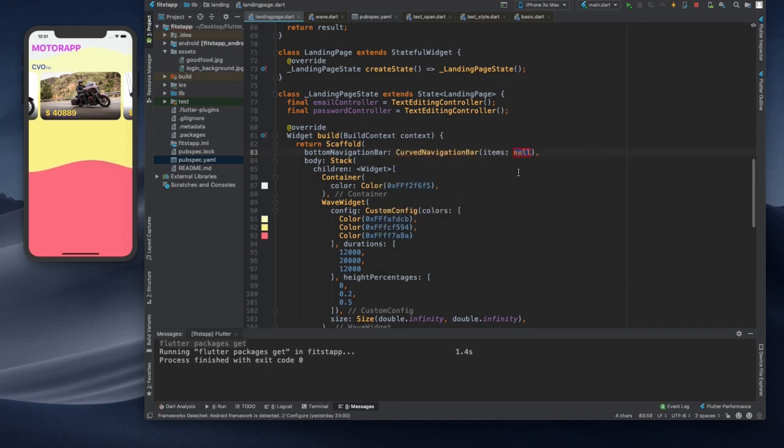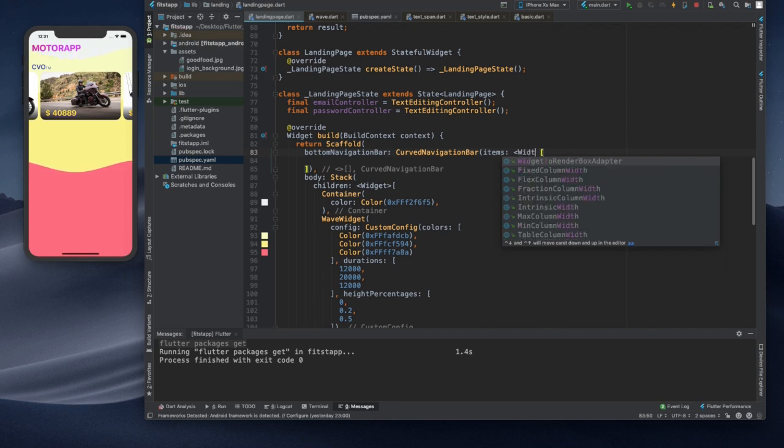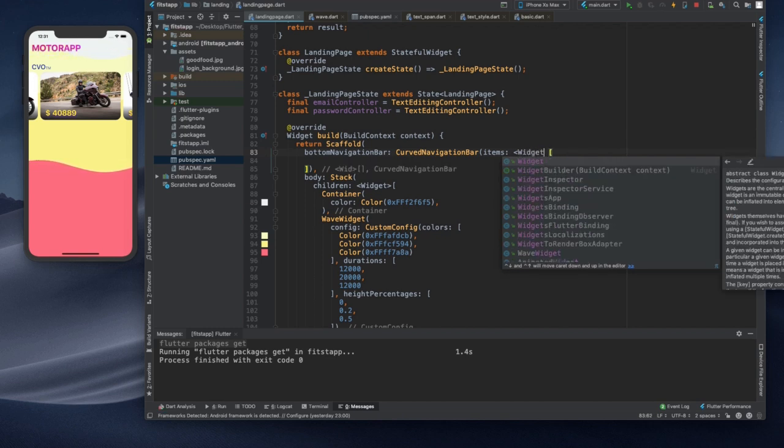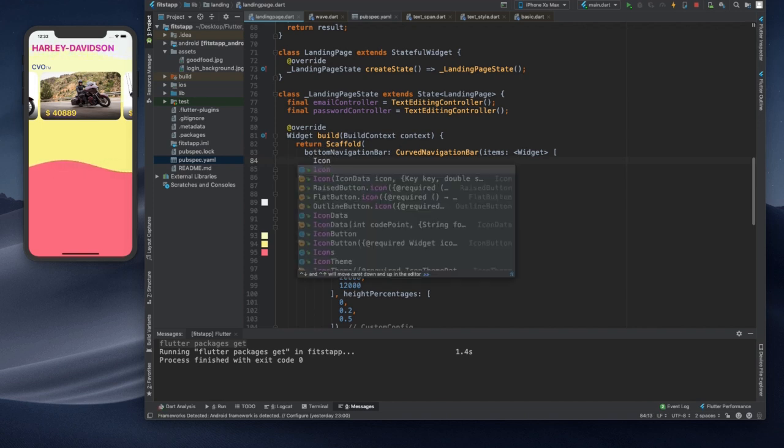And for items, we are going to give a list of icons or widgets. We use the icon widget. So this is a list of widgets. So for icon, we use